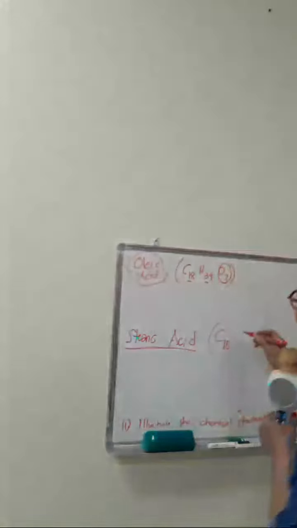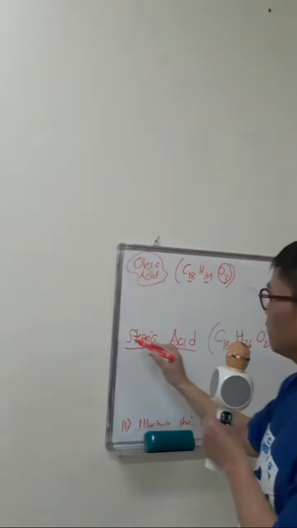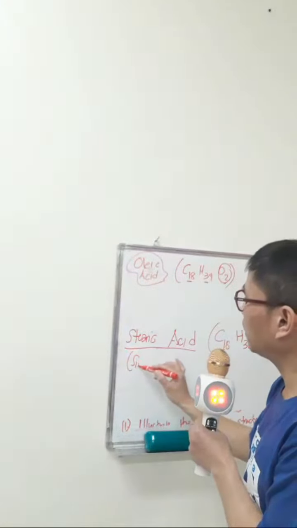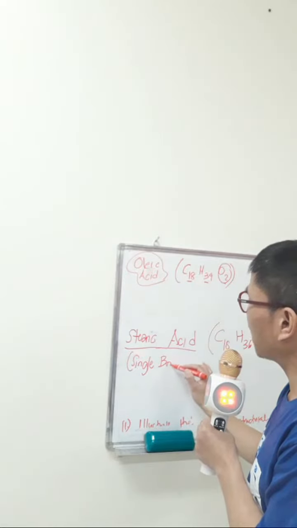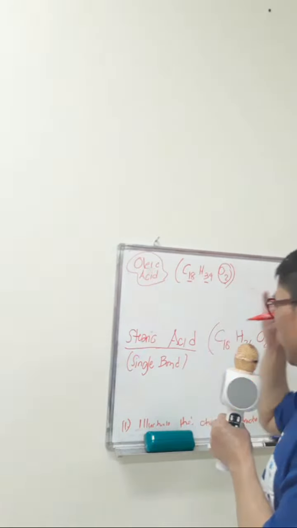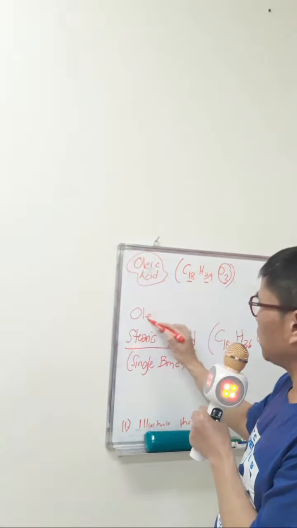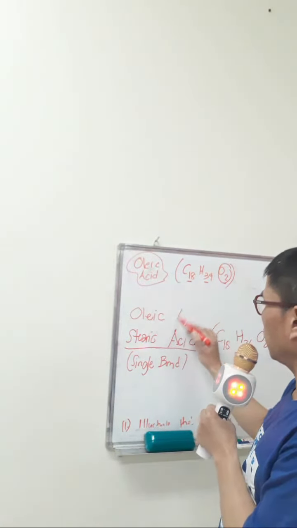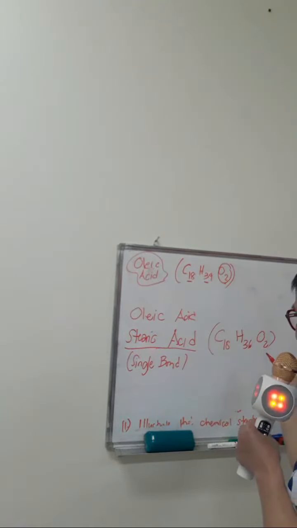So C18 equals H36O2. Okay, stearic acid, single bond. And then the next step will be the oleic acid. Oleic acid has a reduced bond, with a slightly different formula, which is